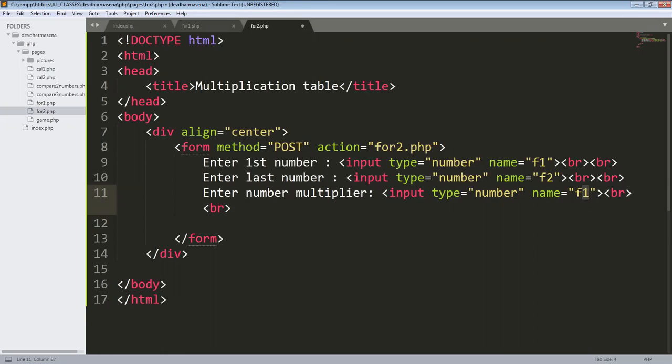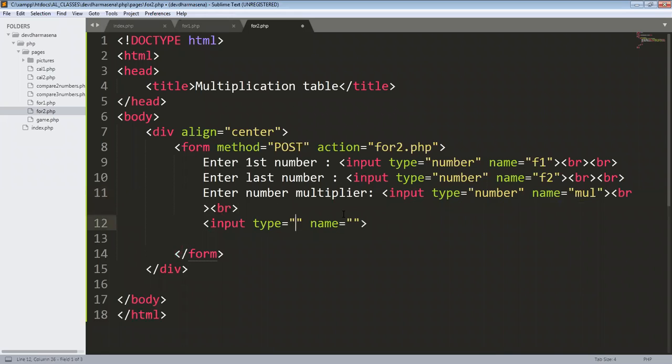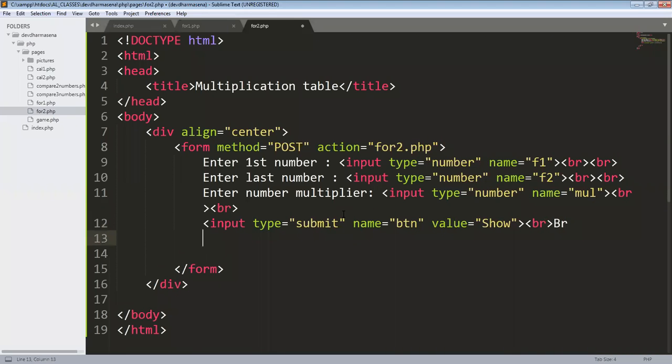So that is going to be MUL. Okay, then the submit button. Submit. The name also I will say button btn. Value will say show. Once again, I'll put a couple of breaks.